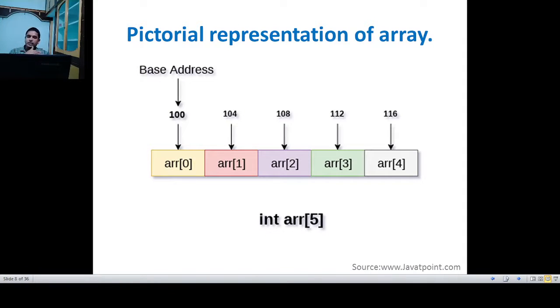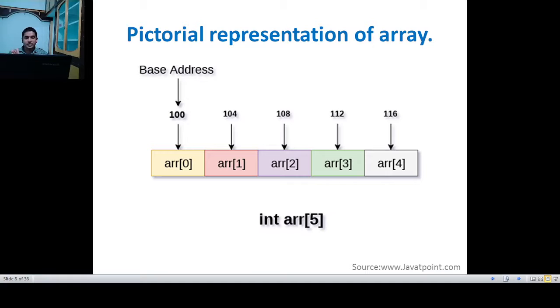So pictorially you can represent like this: ARR of 0, ARR of 1, ARR of 2, and so on. You can see the base address. The base address means the address of the first element is called as the base address. Then the second element's address is 104, assuming that each element occupies 4 bytes. That's why 4 is added to the addresses.